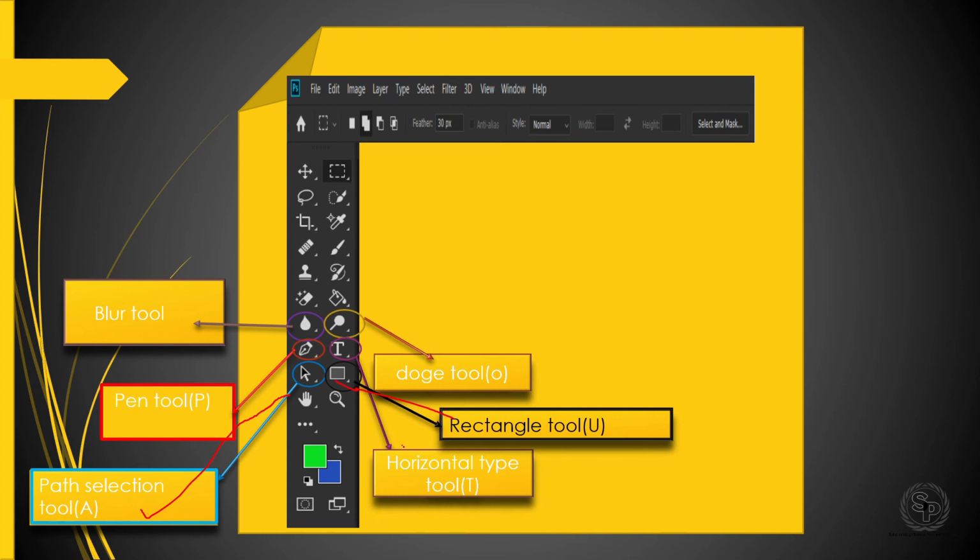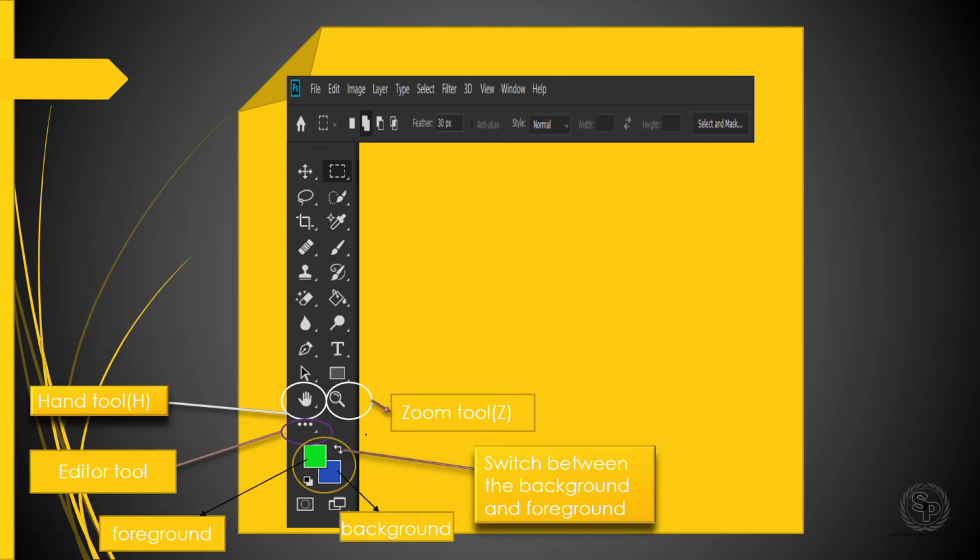Horizontal type tool, for writing text over any images or for any writing purpose, this tool is used. Now the hand tool, shortcut key is H, for moving around the document. Zoom tool, to zoom in and zoom out, and the shortcut key is Z. Editor tool,